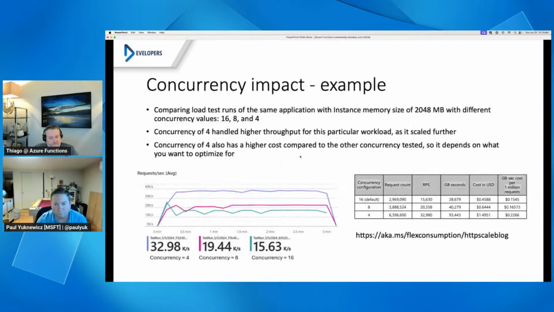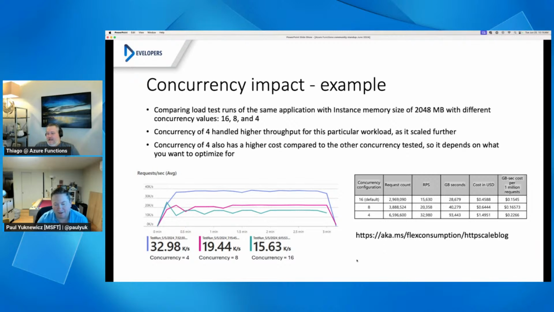Cool. To talk a little bit more about the impact of concurrency, we have a very well-written blog post by me and Paul Badum from the team. But you can check it out, shameless plug, here on aka.ms/flexconsumption/httpscaleblog.